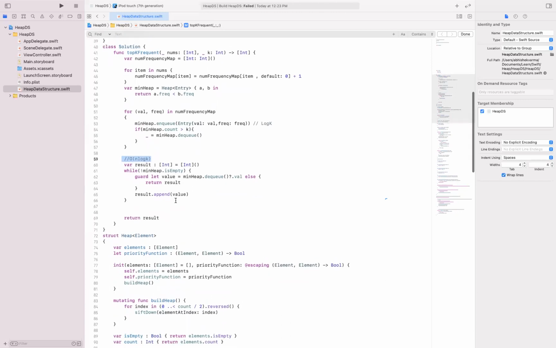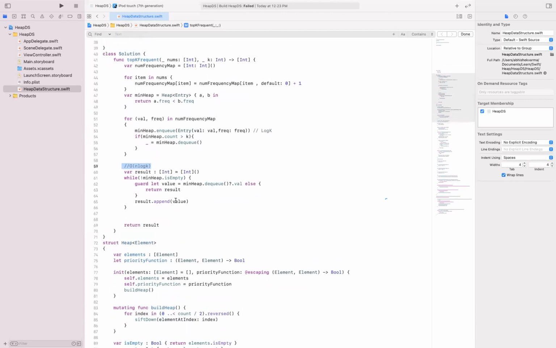Abhishek, I have a doubt. In the loop where you have written min heap enqueue, that will take log of k. Have you considered the time complexity to build the heap? Does this time complexity include building the heap and heapify and the whole thing?